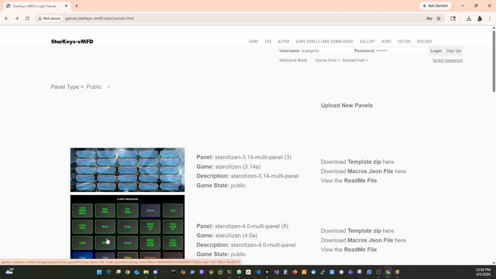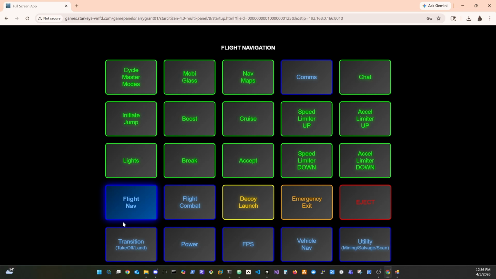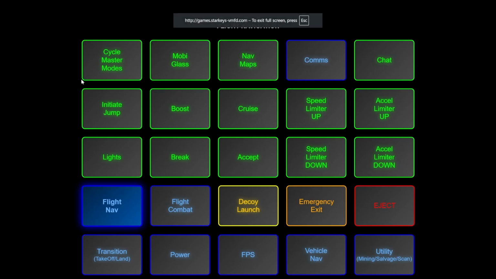So now if we come down and look at the panel, you'll notice the URL changed. So not only is file ID there, but it also has host IP, 192.168.0.166. Again, it's a local IP address, :8010. It's that port number that we started the client app with, or the server app with. So now when I click this, it's going to look a little different. You notice it never prompted me for the host input at the top. So it's a much cleaner look because it's already populated that and automatically put it into the URL. Now when I click on the screen, it goes full screen for me. And then at this point, we're fully functioning as a